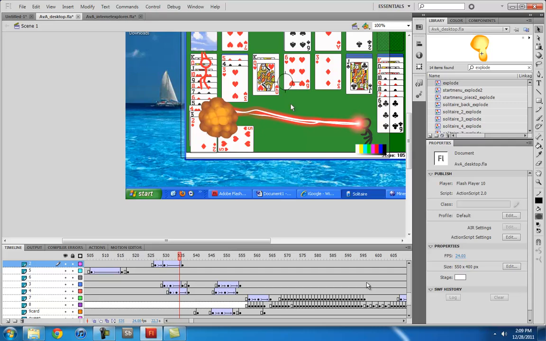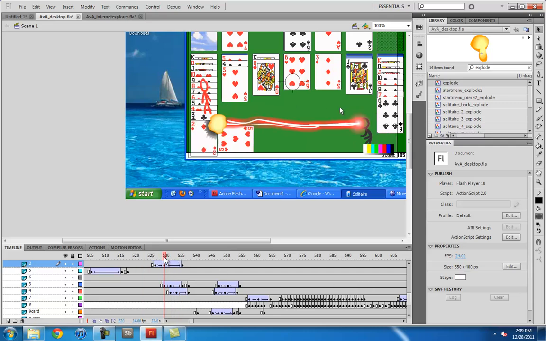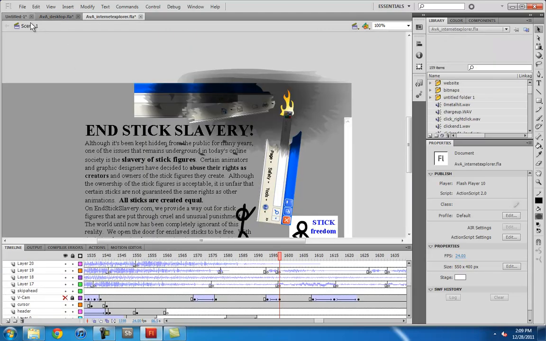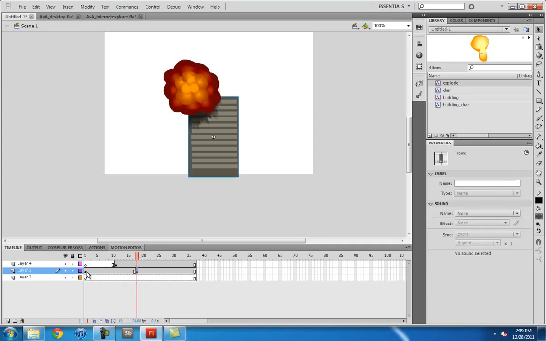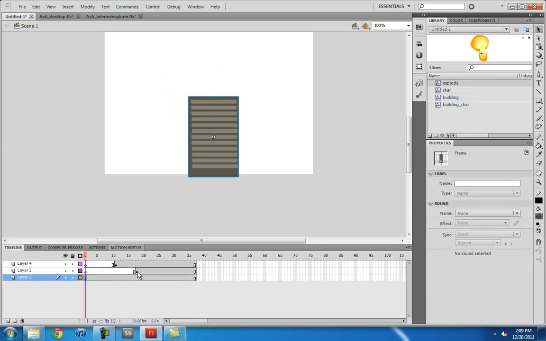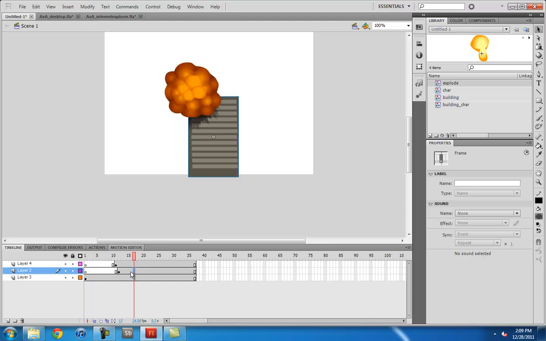Oh god. Yeah, it just appears. See? But if you want, you can make it gradually appear. So let's put this on its own layer, put this down here, and then put this here, and then just make it fade in. So we put another keyframe here,